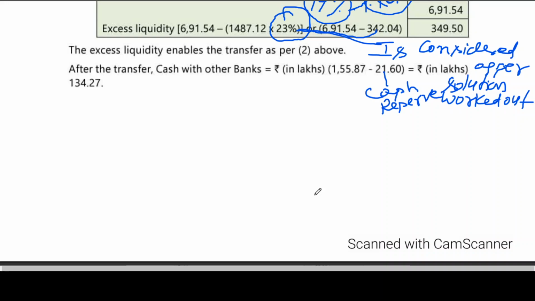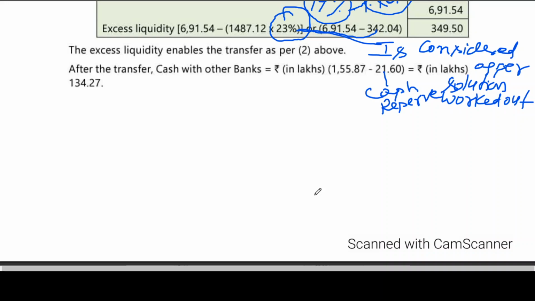When you are doing the foreign exchange transaction, converting into Indian currency, what they are saying is that income and expenditure items in respect of Indian branches are to be translated at the exchange rate on the date of transaction. But in respect of foreign branches, at the exchange rate prevailing at the close of the year. Okay. So income and expenditure account items in respect of Indian branches have been translated at the exchange rates on the date of transaction, and with foreign branches, at the exchange rate prevailing at the close of the year. Okay.